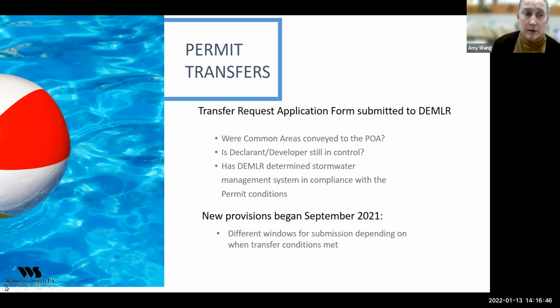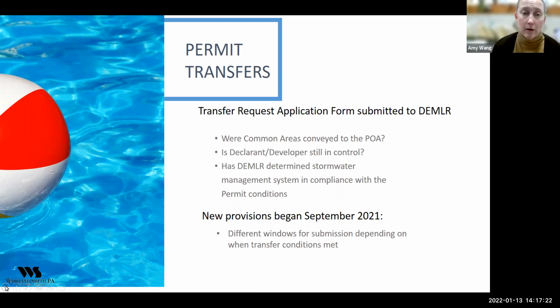So you might remember at slide 1 at the beginning of the webinar, I explained that all of this starts with the concepts of the developer. They are coming up with the design plans. They are getting the permits with the regulatory authorities. By the end of the project, the requirements of the stormwater permits are going to shift, or are intended to shift, to the association through property conveyance and permit transfer, depending on where you are.